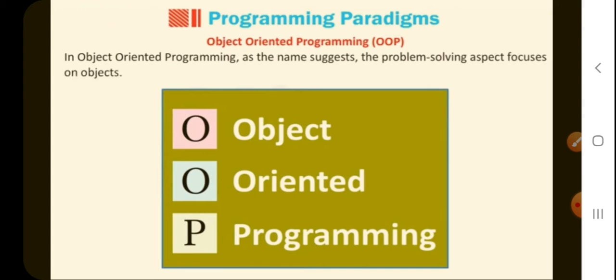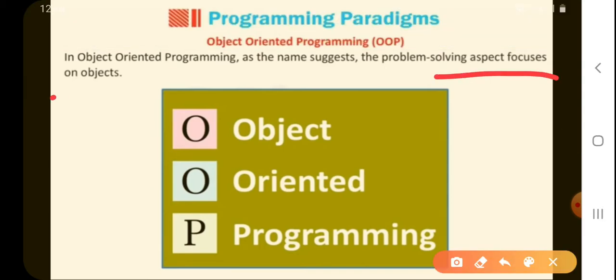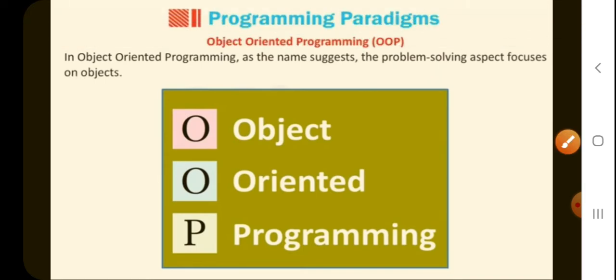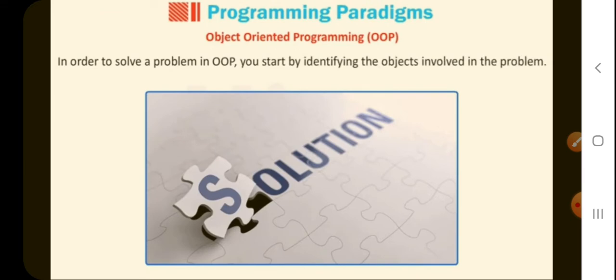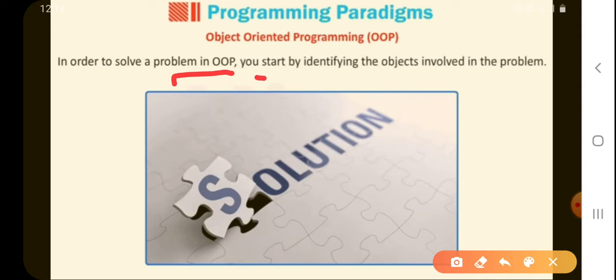In object oriented programming, as the name suggests, the problem solving aspect focuses on objects. Now that you have understood what objects are, and that every object has two things, attributes and behavior, in order to solve a problem in object oriented programming, we need to start by identifying the objects that are involved in the problem.